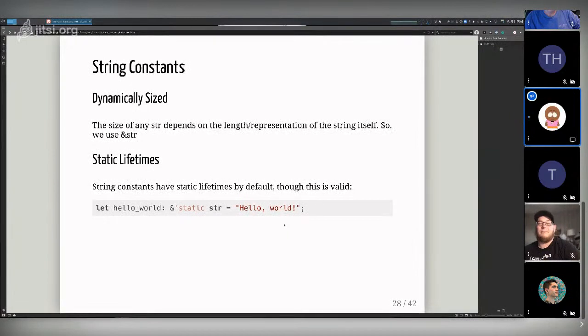Some characters are actually represented by multiple bytes, effectively. So characters in Rust are a little bit strange, but Rust handles characters the correct way, right? And we'll go into how you can iterate over a string very shortly here.